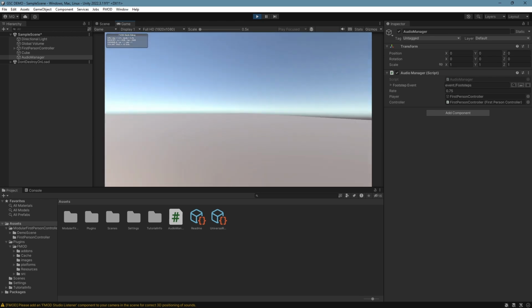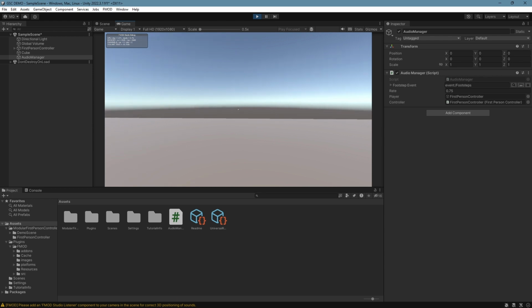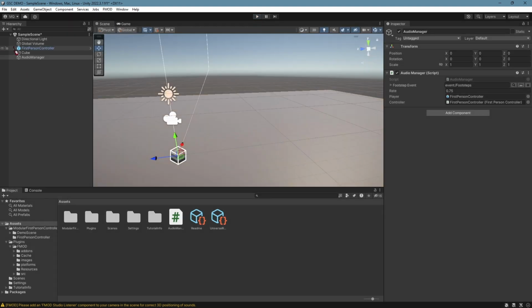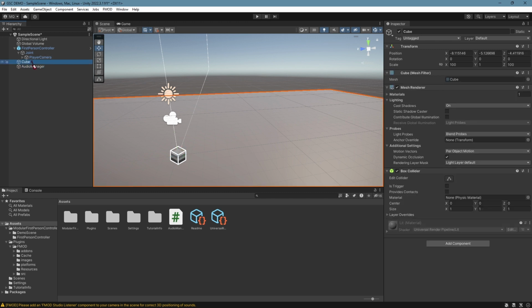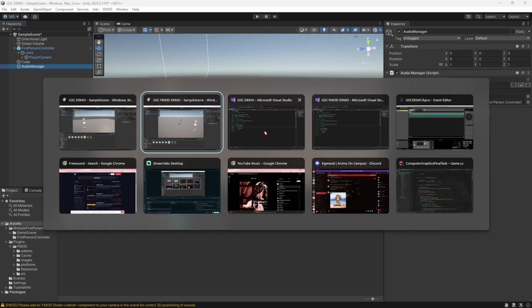So you might notice we have a small issue. As we move away, it seems to get quiet, which means it's actually attached to the thing all the way down there instead of the actual player. So to fix that,